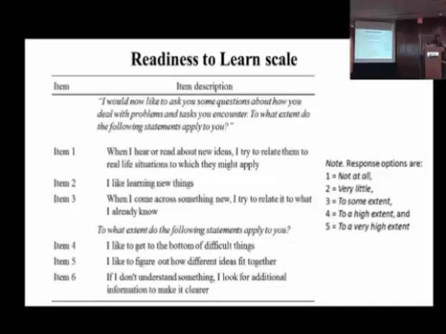But for instance, the second item looks at curiosity for learning, we thought. The one that says, I like learning new things. Items 1 and 3 look at things like approaches to overcoming difficulty and cognitive scaffolding. And the last several items all look at problem solving in some way, or looking at connections between our existing knowledge and previous knowledge. But essentially, those were the indicators that we had to work with in terms of looking at readiness to learn. And Cecil is up next.